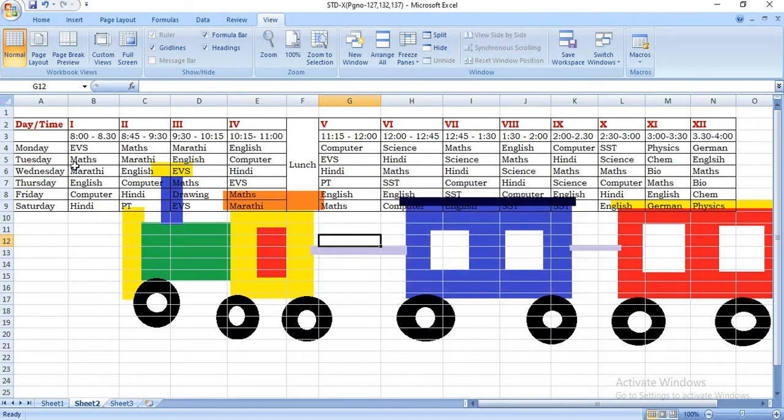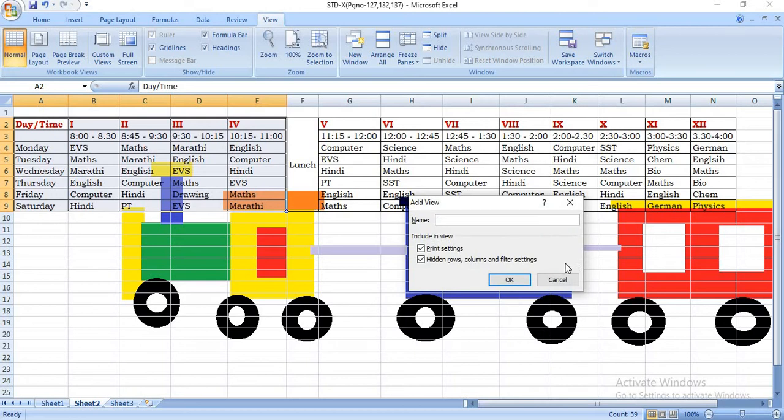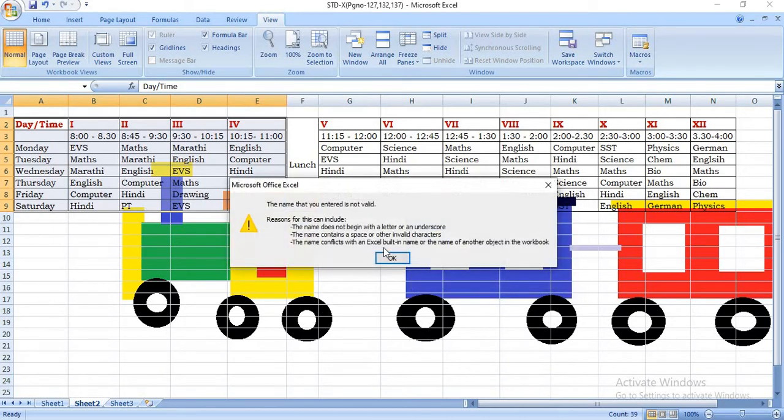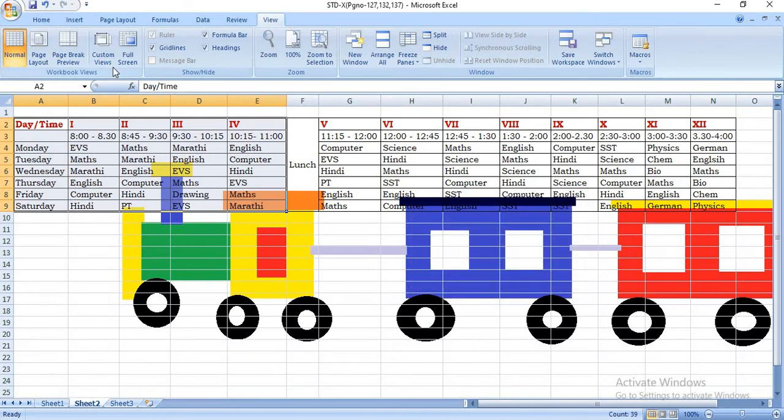So for example, I'm selecting some data, and I can give a name to save this view. You can add it and click on OK. This view will be applied. Now, next thing is,